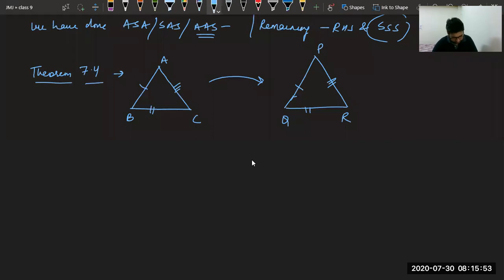So you can write it in your language also. Sir, we have done this criteria. No, beta Misty, we have not done. Okay, you have done in class 7th also. So the statement you can write very simple. If three sides of one triangle are equal to three sides of the other triangle, then we can say the triangles are congruent by the criteria known as Triple S. If you want to prove, it is very easy. You can use angle side angle property to prove them congruent. So that will be easy for you to do.